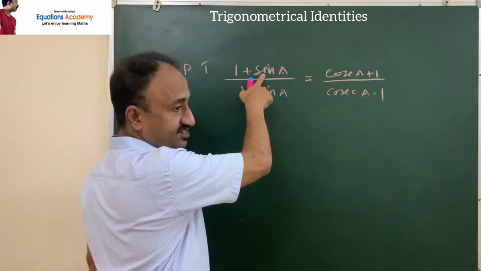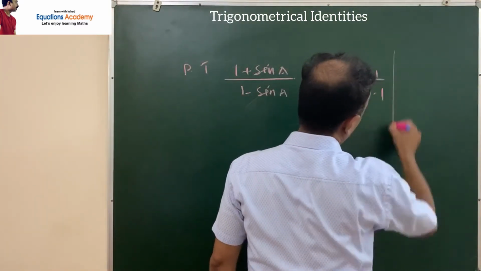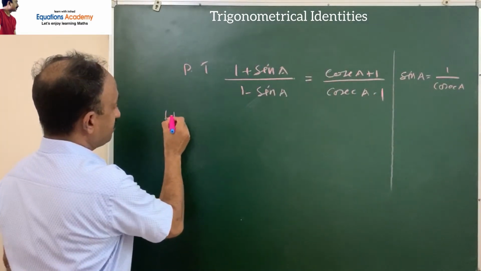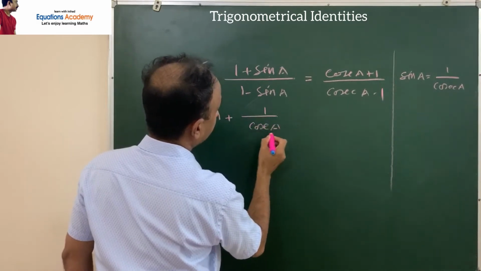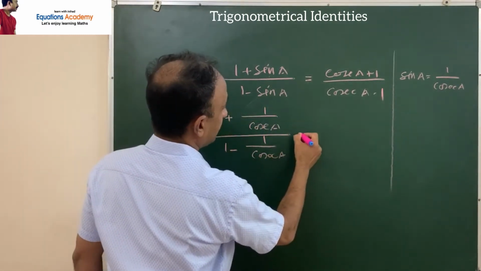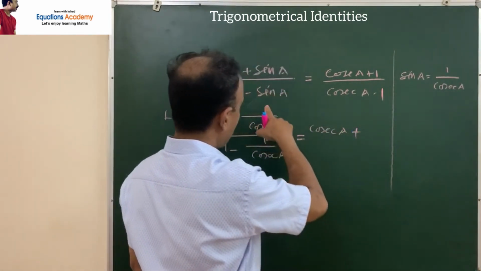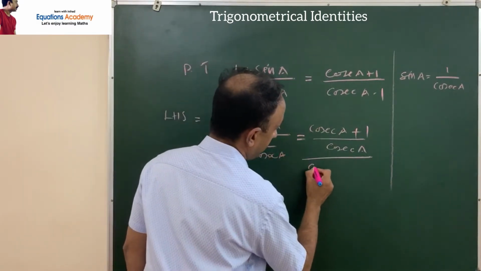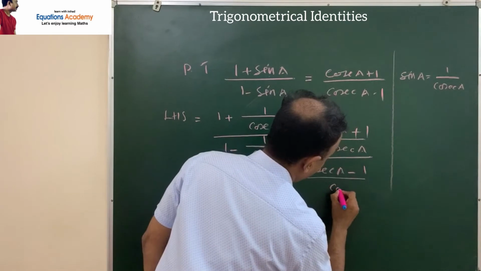Here also LHS is sin A and RHS is cosec A. So we will rewrite sin A in terms of cosec A. So sin A is equal to, we know it is 1 by cosec A. So our LHS becomes, LHS equal to 1 plus sin A. 1 plus sin A is 1 plus 1 by cosec A, divided by 1 minus, instead of sin A we will write again 1 by cosec A. This is equal to, denominator cosec A, LCM cosec A, 1 into cosec A. It is cosec A plus 1 by cosec A into cosec A, 1 divided by the LCM cosec A, whole divided by, again cosec A into 1, it is cosec A minus 1 by cosec A into cosec A, it is 1 divided by cosec A.